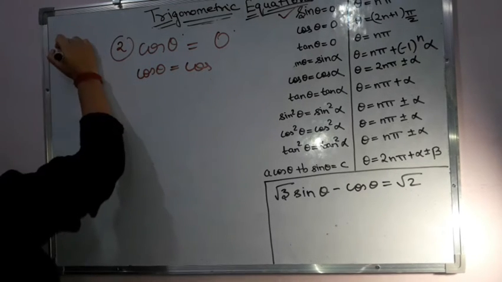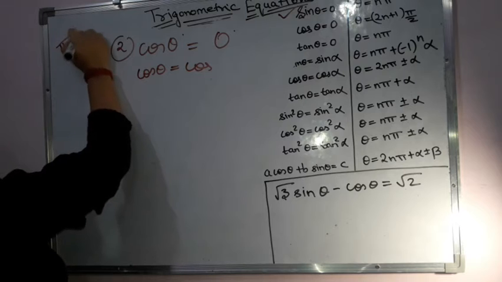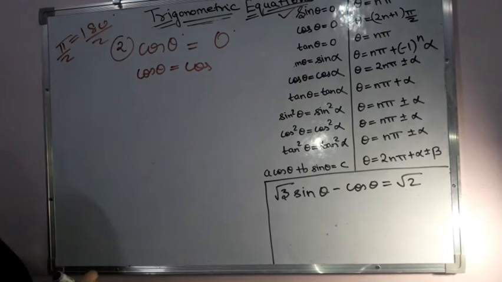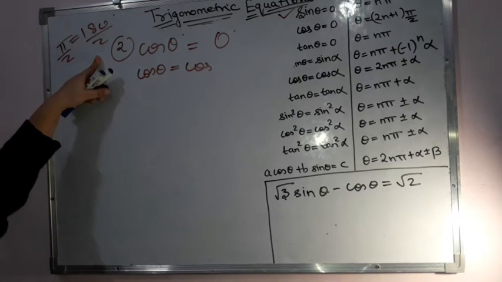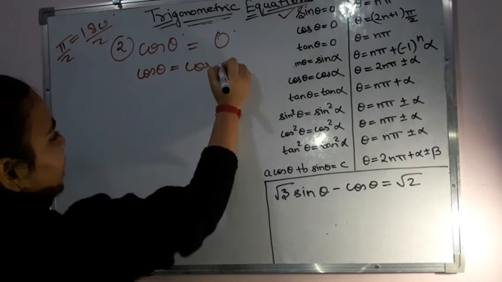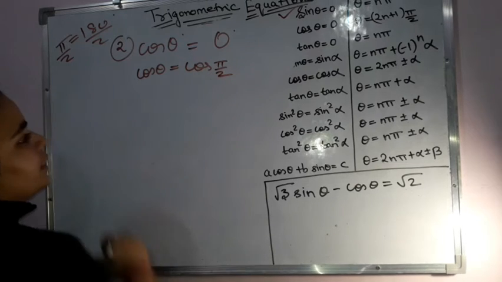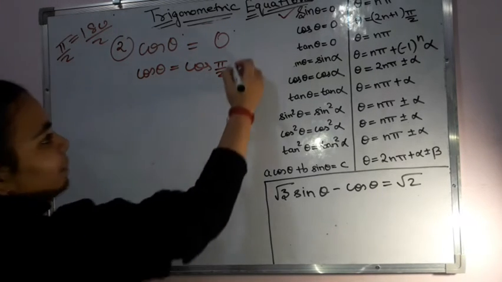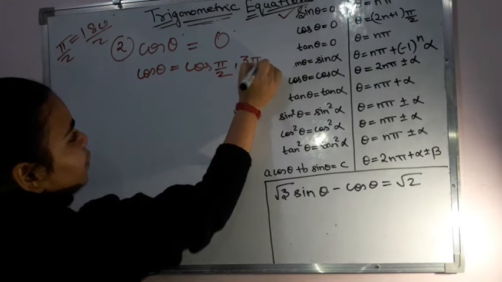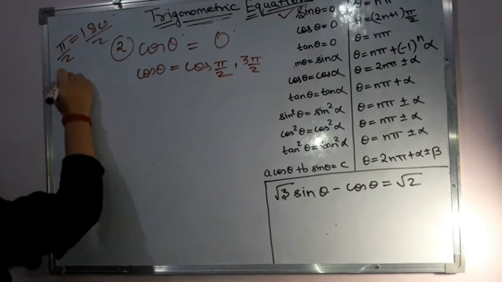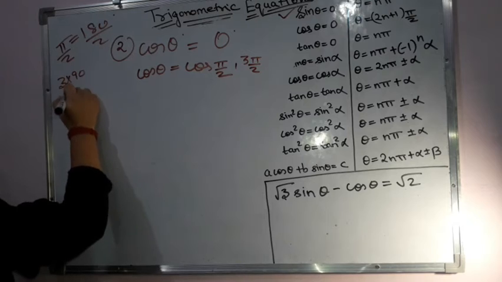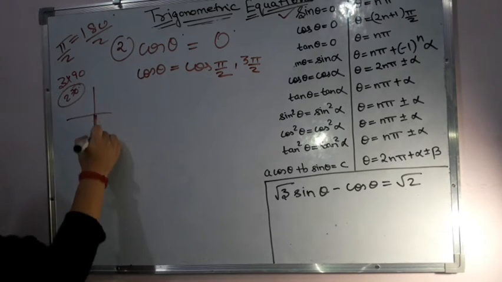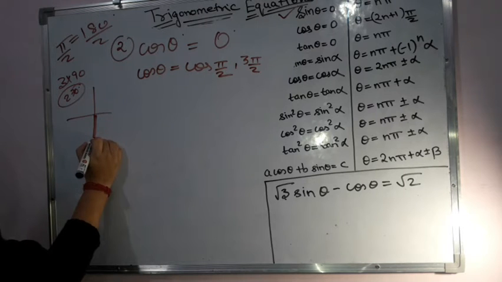Now since pi is equal to 180 degree, that means if I do pi by 2, that can become 90, because 180 by 2 is 90. That means in place of cos 90, can I write pi by 2? Yes, so I can write pi by 2. Then this value will be repeated at 3 pi by 2. If you want, you can see also, because 3 into pi by 2 is 270. Now 270 degree over here you are getting, right?